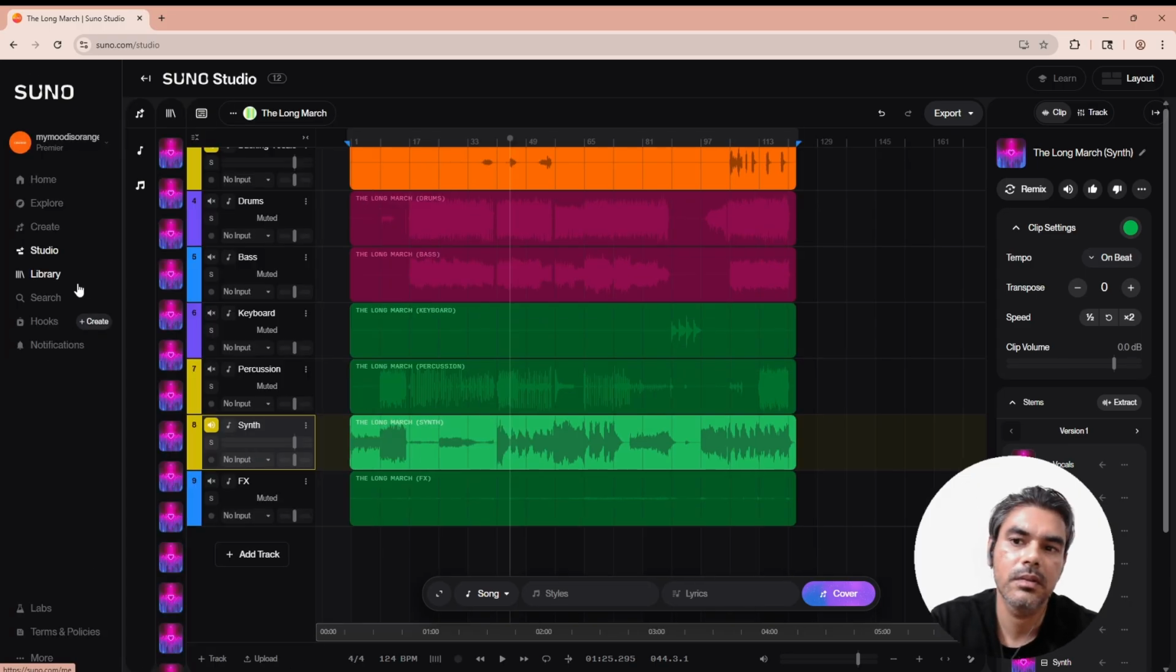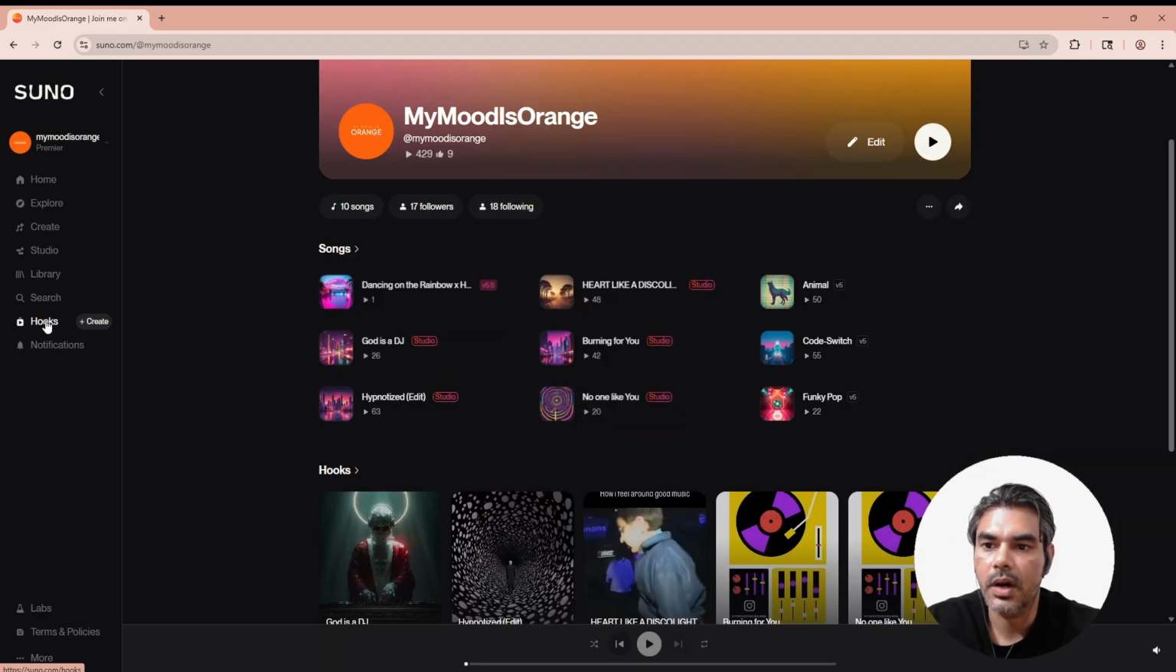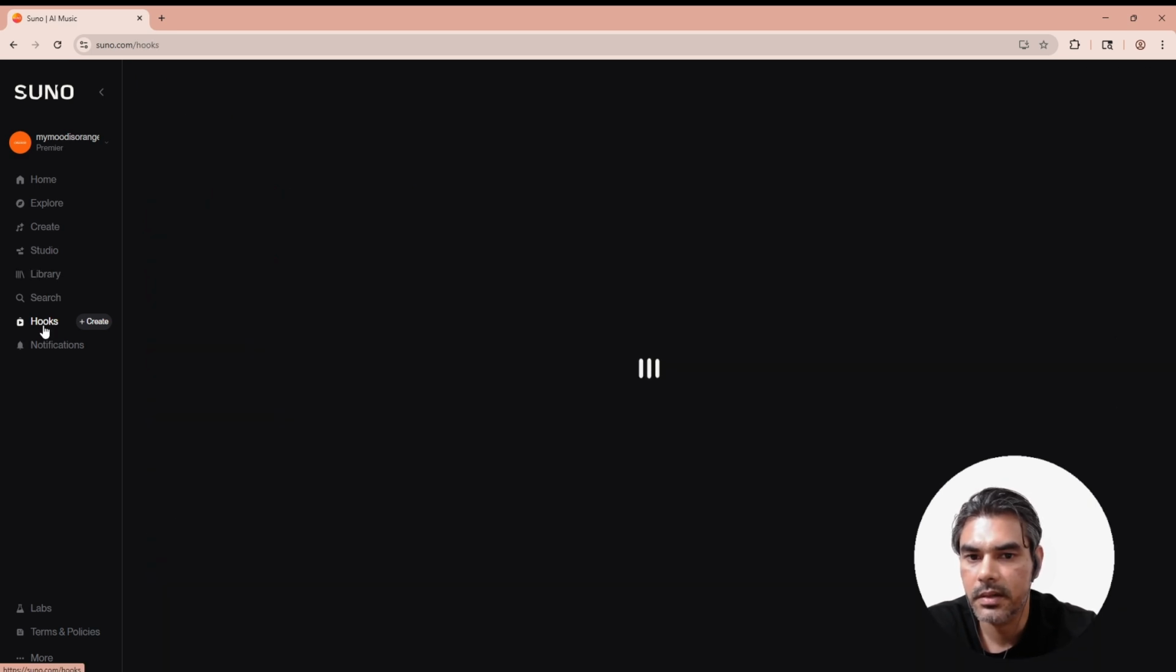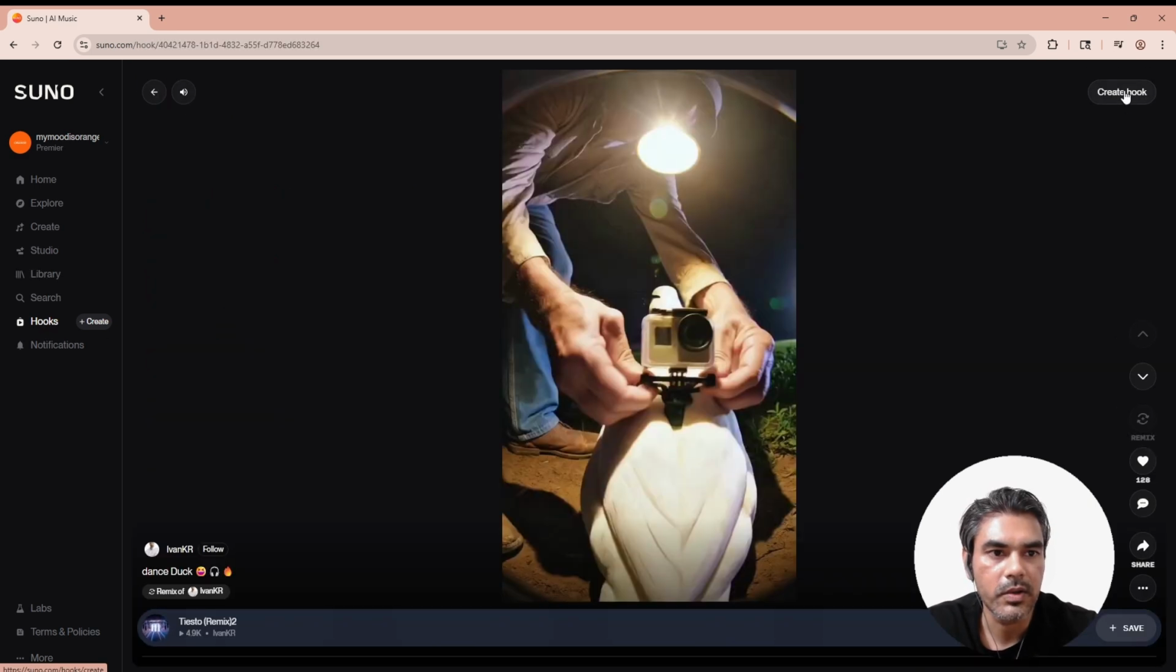Okay, so these are the basic and main functionalities that you will use in Suno. So I'm going to end the tutorial here, and before going I just want to show you one extra thing. So I'm going to tell you how to create hooks. When you create a hook, other people can see what you created and they can like and comment on your creation. So just go here and click on create hook,